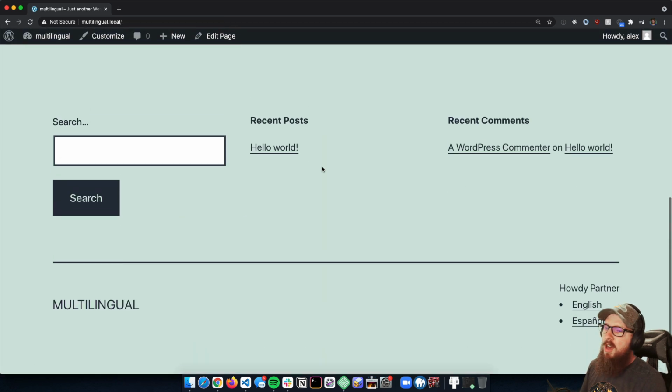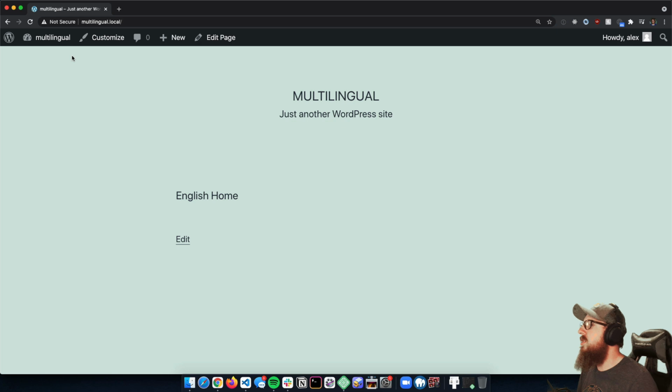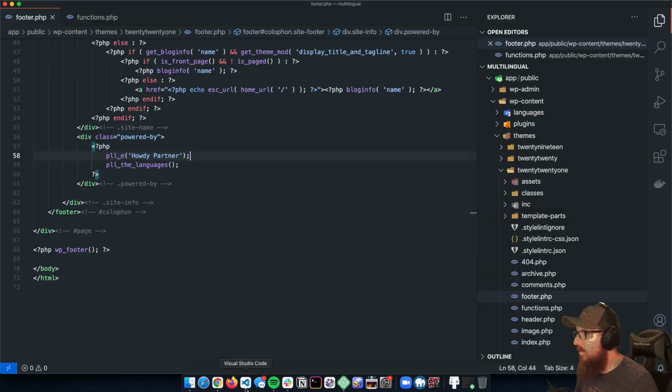So you can imagine how this would go into other parts of your site, things that are not in-page content that are handled through the block editor and things like that. So another thing that I wanted to show off, and this will be the last thing that I show off before letting you all free,